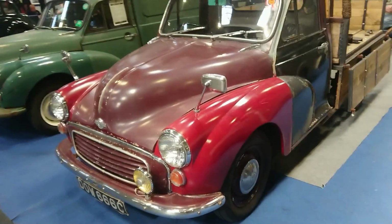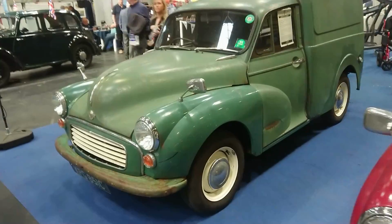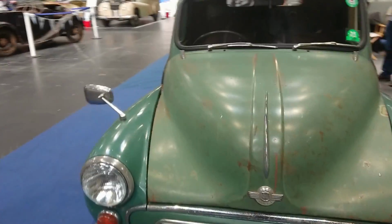More commercial. Or it's a 65, and this is a 65 as well. They made, I think, these vans until about 1973, from what I remember. I've got a friend, Mr. Partridge, who's much more of an expert on these than I am. Let's have a look at some